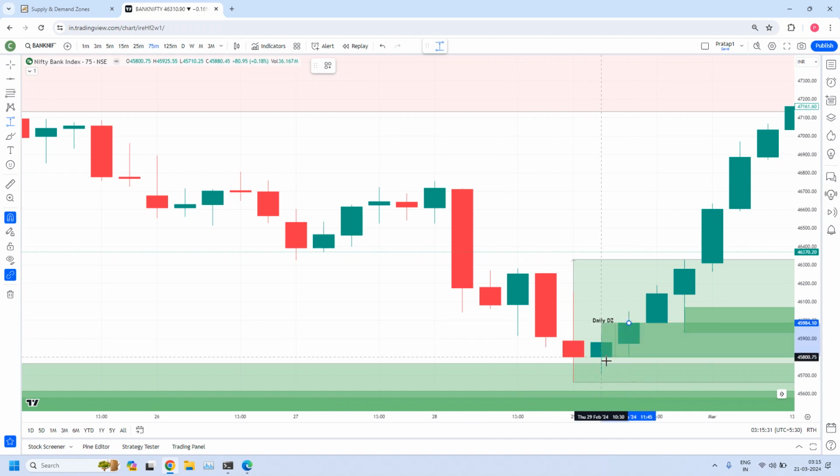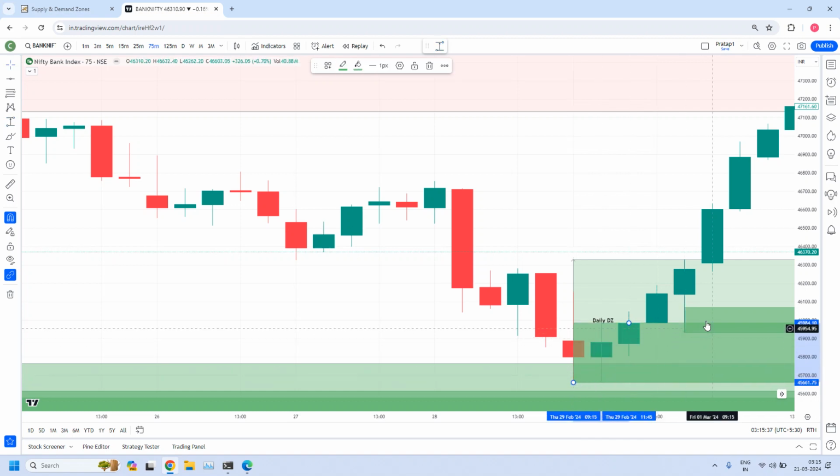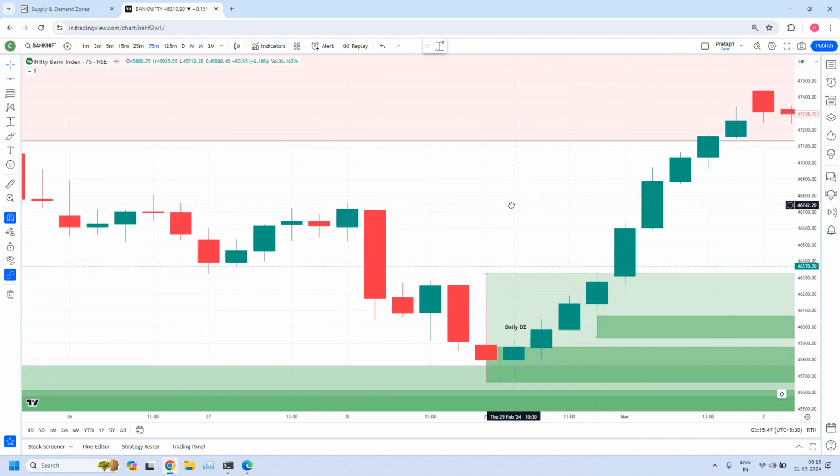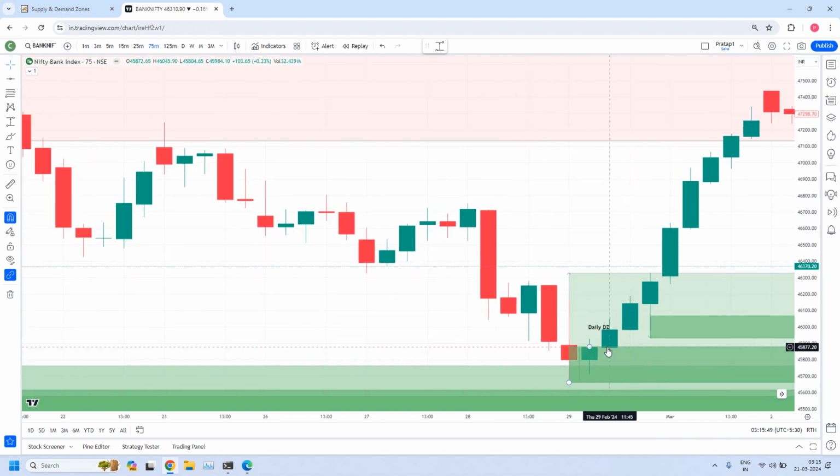Then you can draw like this. This could be your 75 minute zone, because already this is there. To minimize the risk, I have drawn it, because the candle has come out and there are follow through candles. That way I am considering, because previously I told you sometimes I draw some zones with compromise. Why? Because I will see the order flow, how exactly the price action took place.